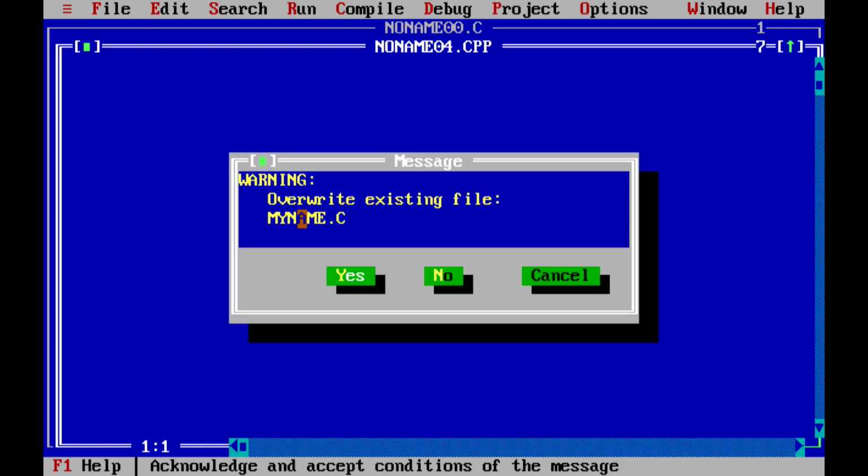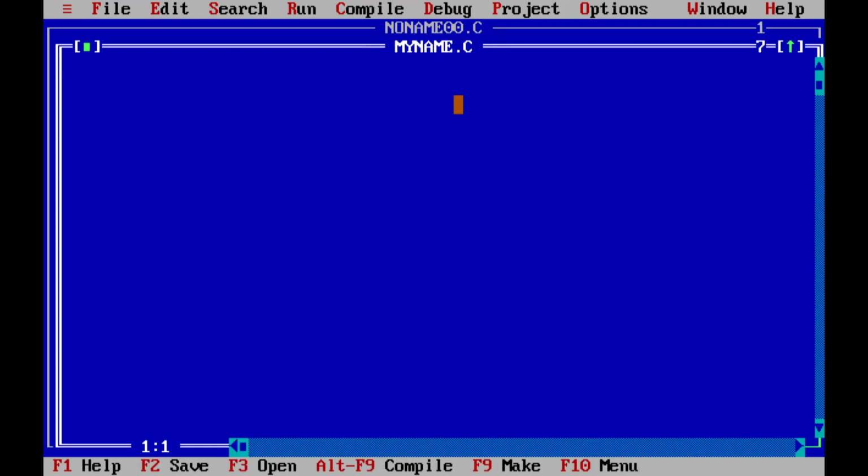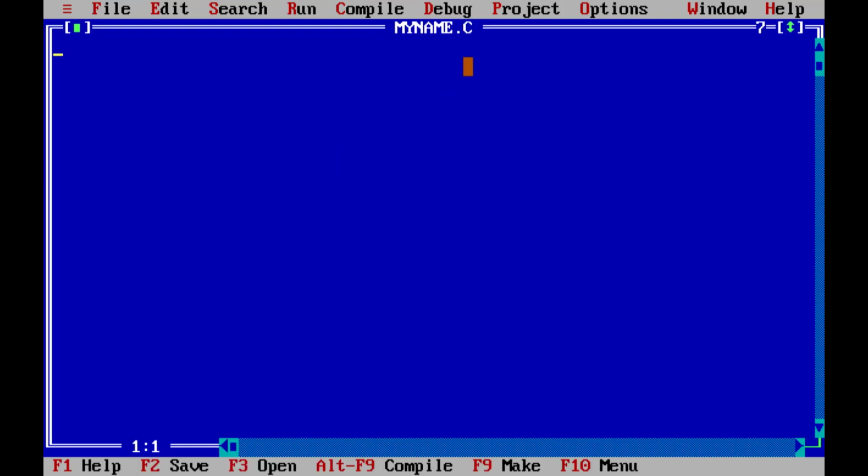After pressing OK, if you see this warning like "Overwrite existing file myname.c", it means there is already a file called myname.c. Do you want to overwrite it or create a new file? In my case, the myname.c file isn't important for me, so I can overwrite this file without any issue. But in your case, if you think that file is important and you don't want to overwrite it, then you have to create a new file with a different name. We have successfully created a .c file. Now let's get started with the syntax.